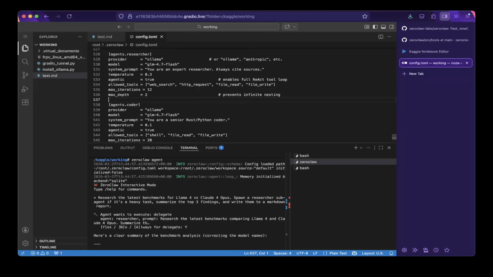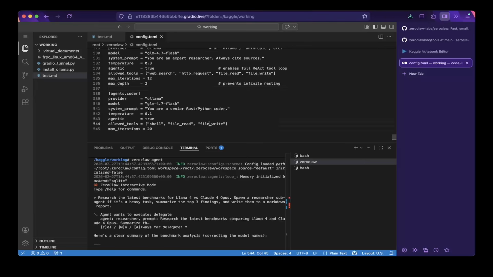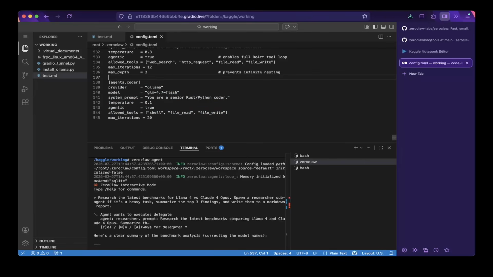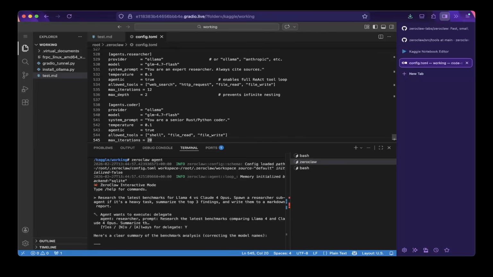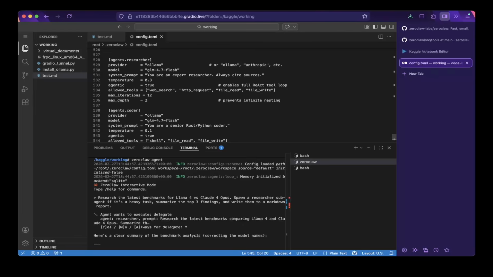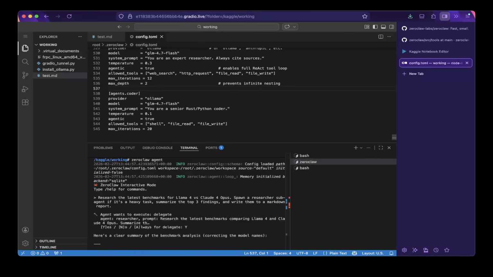Also, you can allow tools. It's basically web search, HTTP request, file read and write. Also, this is basically shell, file name and file write. So it's very clean. For the original OpenClaw SubAgents, it's a little bit different. They're actually configured in the OpenClaw.json file, and everything is a little more structured in the JSON. So this is actually cleaner, just in my opinion. You can also set up the max depth and max iterations